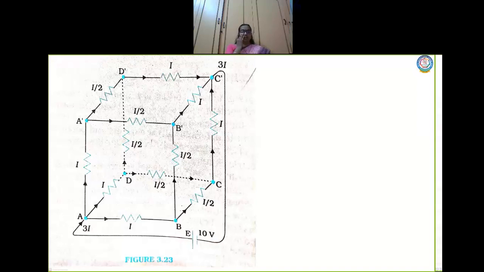Now the circuit appears to be complex, but only until you understand the concept. Now this problem has been solved using the two laws, that is current law as well as voltage law. Let us go into how they have solved the problem. Okay, now the explanation for this. They start with the explanation that this is not a simple series and parallel combination. Of course it is complex.